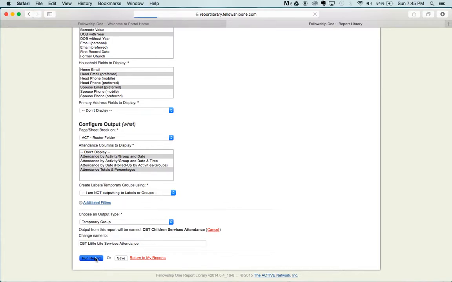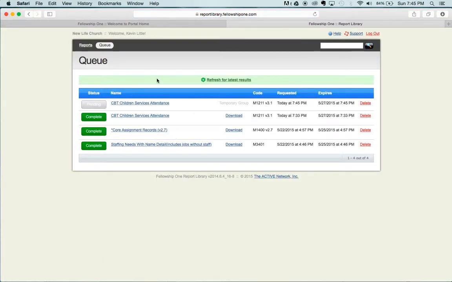Now you'll notice that the scroll bar is moving up top, and it brings me to my queue. You can see I've already been playing with this for a little bit. But here you'll notice that now it is pending, and so here I can keep hitting refresh. Still not ready, it's still pending, still pulling and processing all the data, and now it is